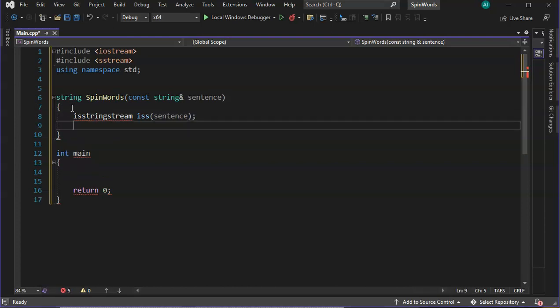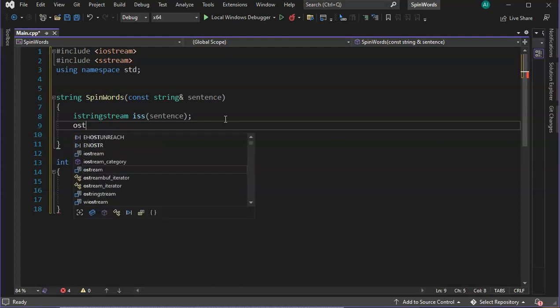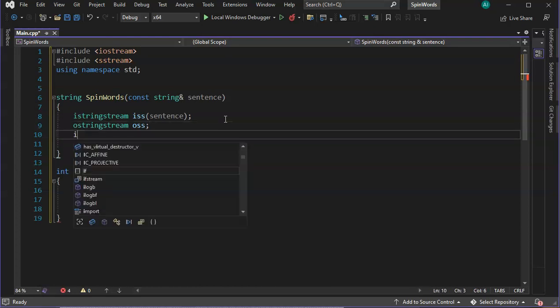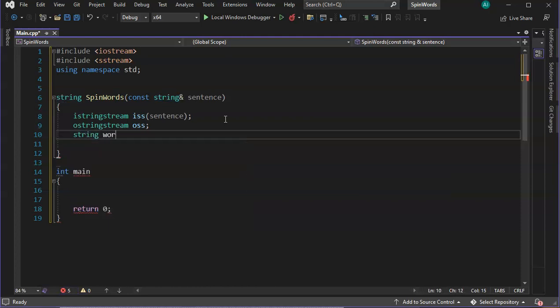Now, sorry about that, made a mistake here. So it creates a string stream to read the input sentence, and then we'll say ostringstream oss. So this creates a string stream to build the response sentence. Then after that we'll say string word. We'll declare the variable word,